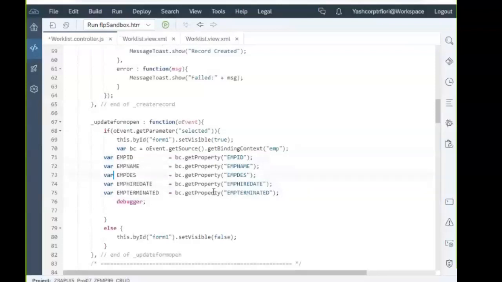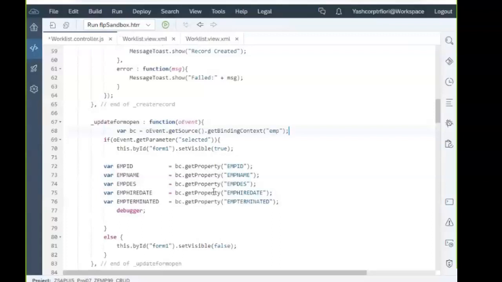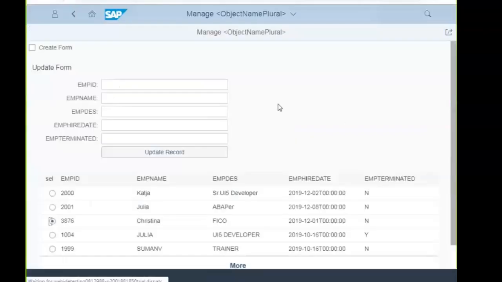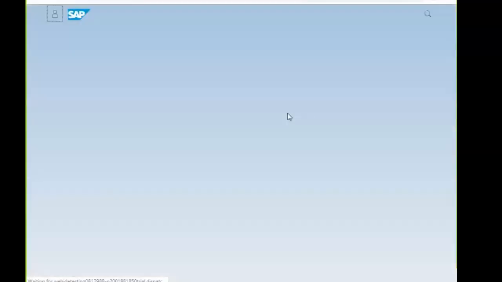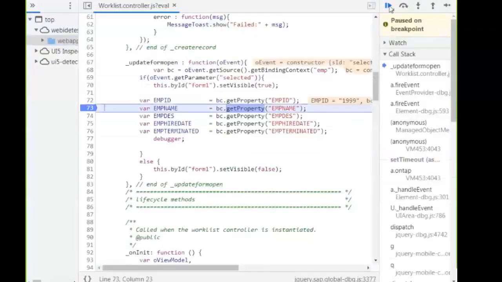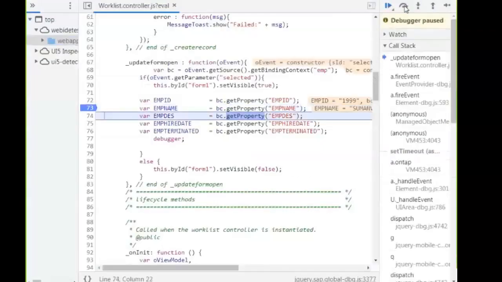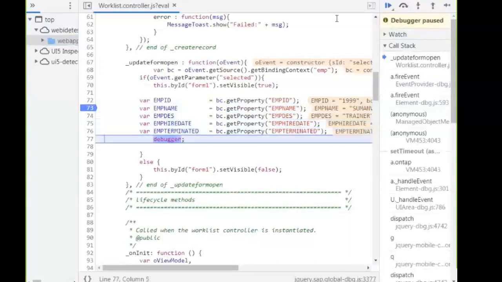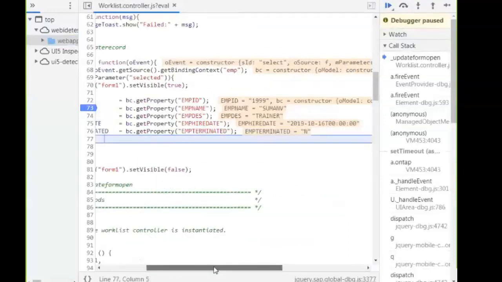So whatever row we selected, all the values are there.